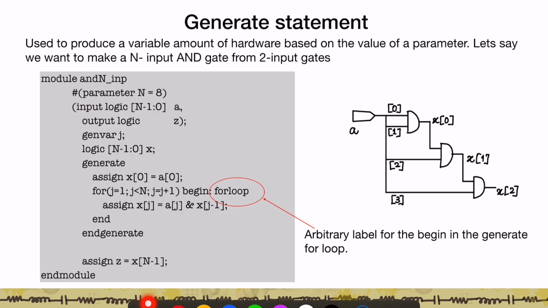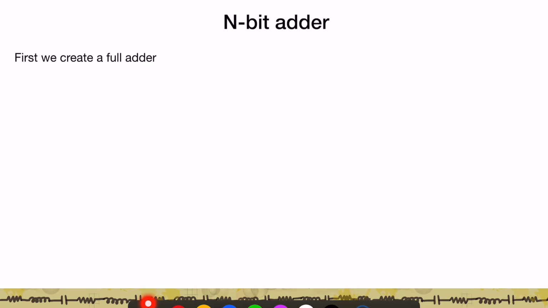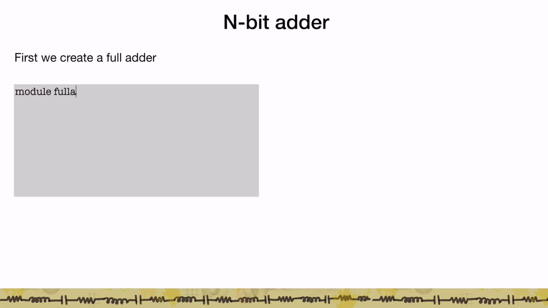Now, another powerful circuit where this can be used is an n-bit adder. So I can now have a parameterized version of an ALU, for example. Because I can now do a study on, say, what happens to the microprocessor as you change the number of bits in its word, and see what effect it has on delays, on speeds, etc. So in that case, you might want to generate elements as a function of the input bits. For example, to generate an n-bit adder, a simple way would be to first create